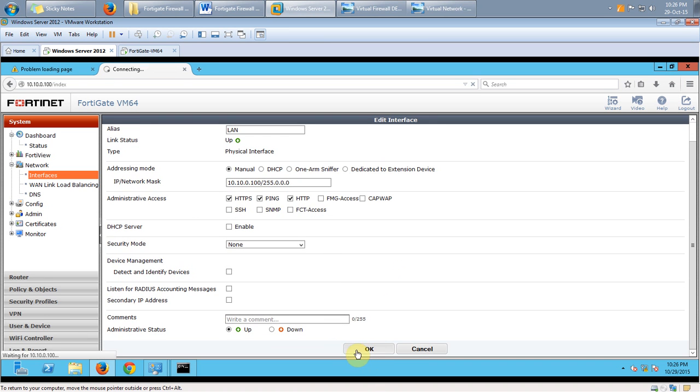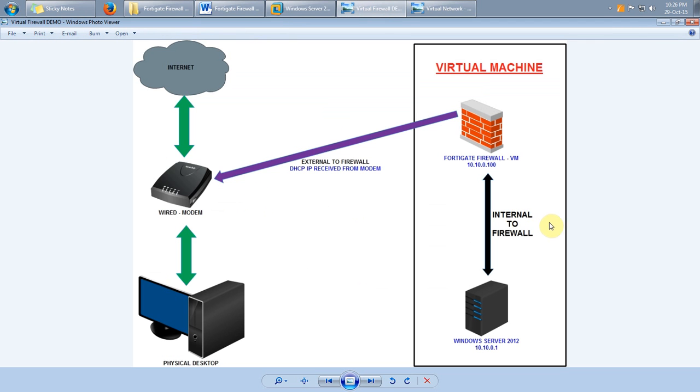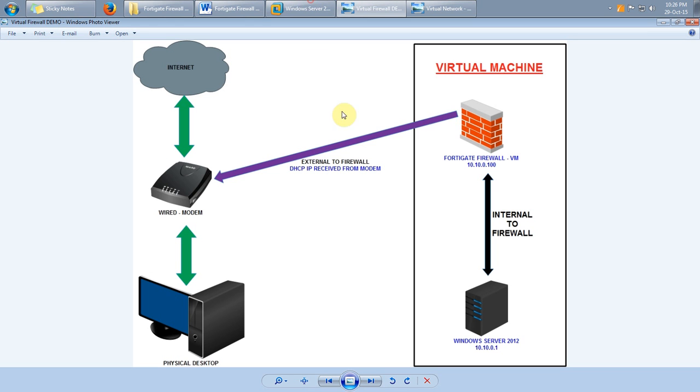and click OK. Now my port 1 will actually receive an IP address from my wired modem as shown in the topology. I have configured the internal IP address. Now to configure the external IP address, I have selected port 1 as VMnet0, which will try to get an IP from a wired modem, which is actually the IP address that I will be receiving from my ISP in the 192.168 series. To make things clear, actually my physical desktop will also receive an IP from this wired